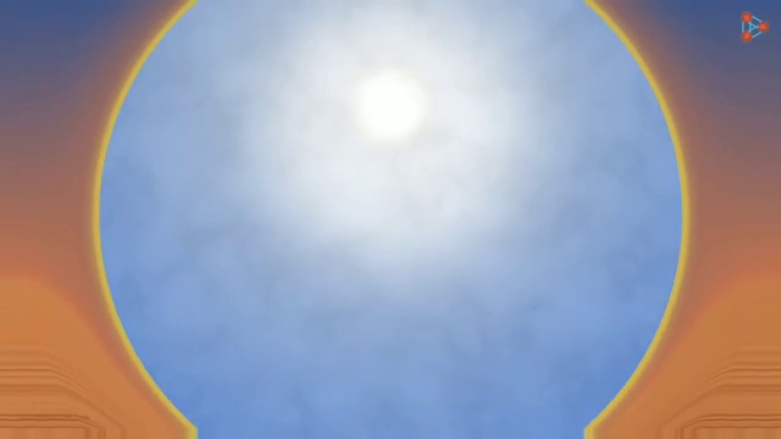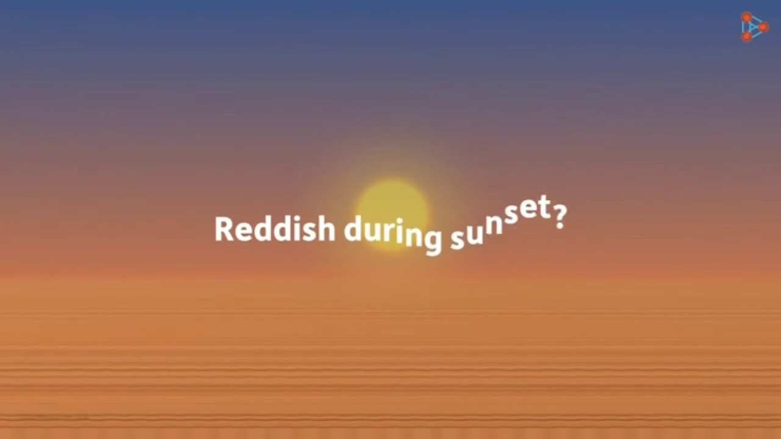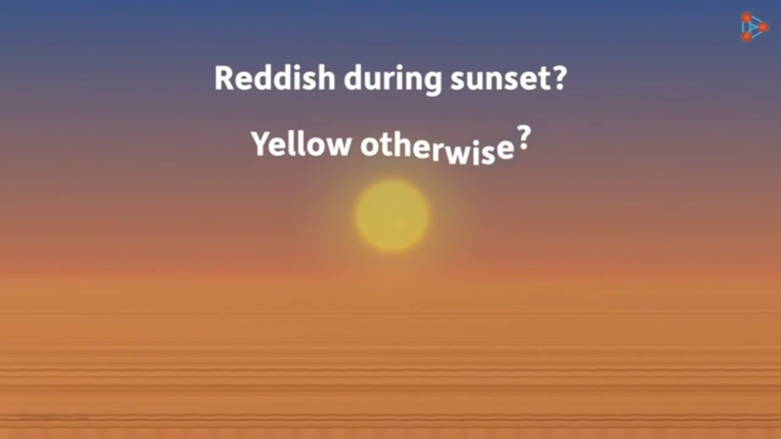There's one last question we need to answer. Why does the sun appear reddish during sunset and yellow otherwise? We will